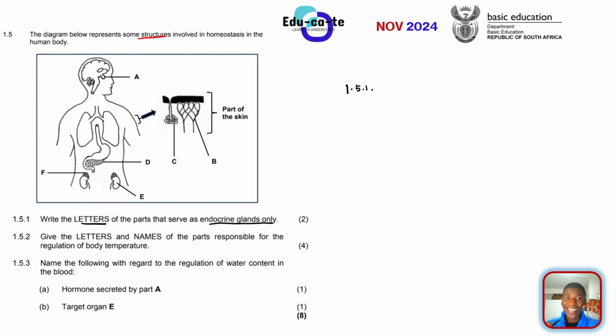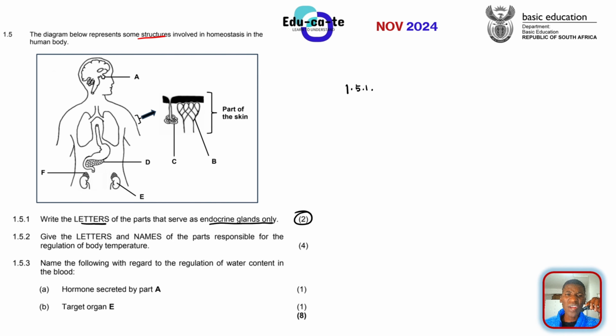Whereas an exocrine gland secretes things into a duct. So basically here we know a couple of glands that secrete a couple of hormones. We can look at those letters. So here you can see that it is 2 marks. So I think they need at least 2. But then here let's just write all of them. So you can see that